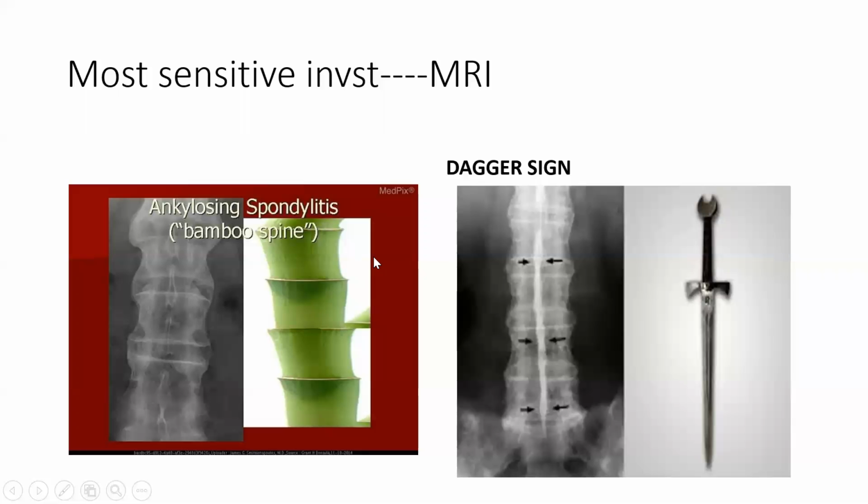Now, the most sensitive investigation for ankylosing spondylitis is... see, whenever you say sensitive, I don't think you have studied PSM, so I will tell you what we mean by sensitive and what we mean by specificity. Sensitivity means the test cannot have a false negative pattern. Like the HIV test. So the HIV test is always sensitive. Any person who has a positive HIV test cannot in true sense be negative. He is always positive.